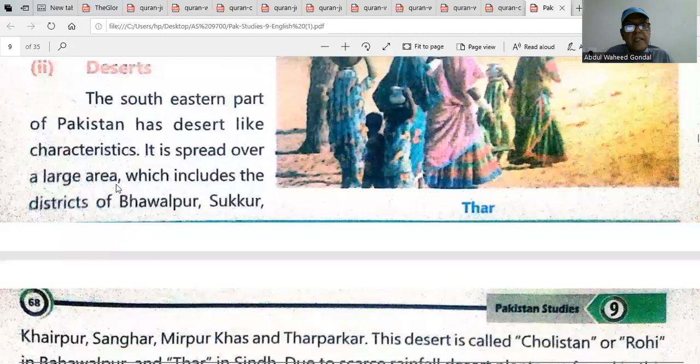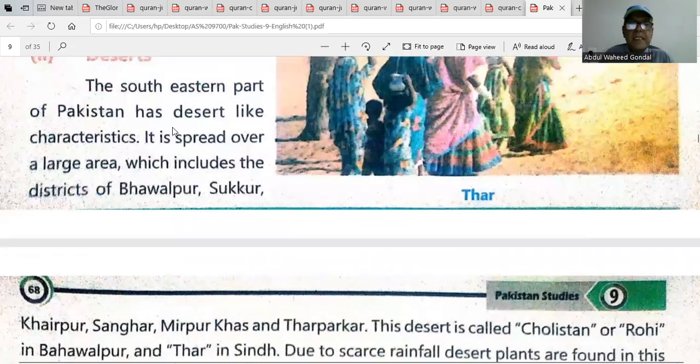Deserts. The southeastern part of Pakistan has desert-like characteristics. It is spread over a large area, which includes the districts of Bahawalpur, Sukkur,